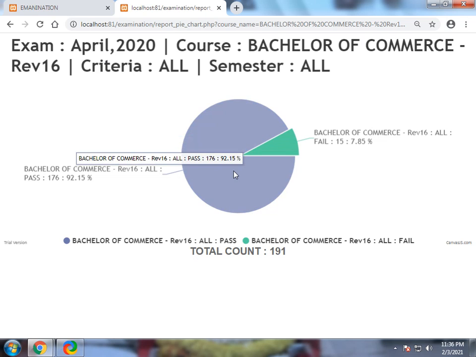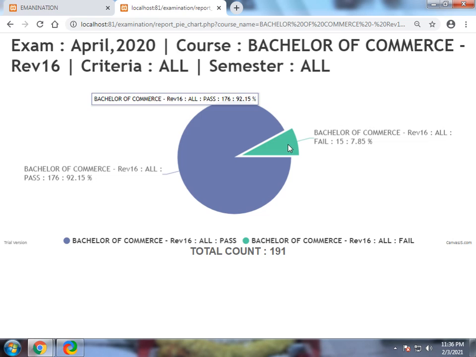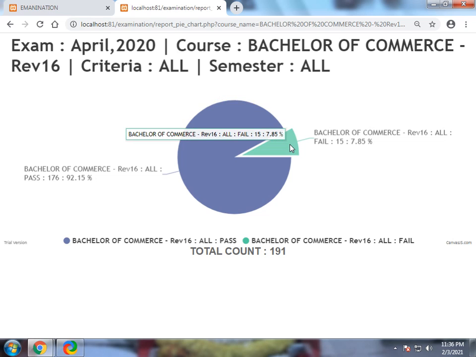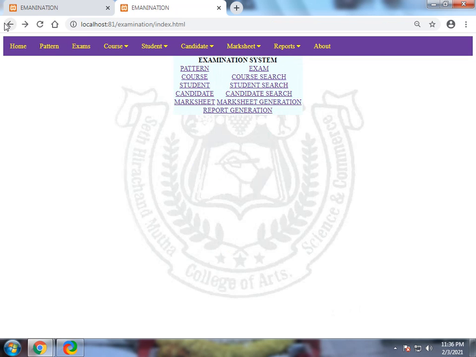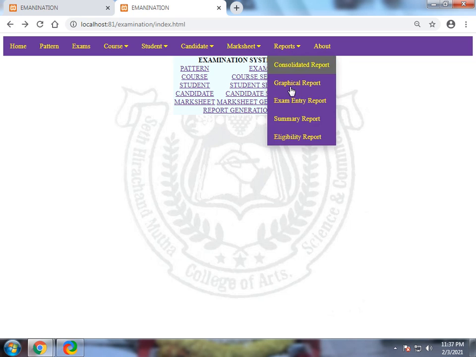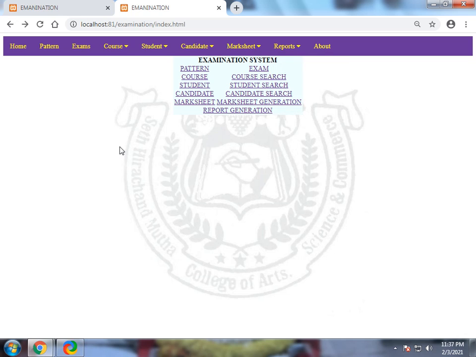I just use HTML5 graphics. So we can see here the Bachelor of Commerce all failed students, and that's this one. Now you can see we have the bifurcation of all these failed students. Actually, in the trial version of graphical reports, we can make bar graphs, the progression, and all consolidated results, different kinds of graphical reports. So these are just examples. I hope you like this one.